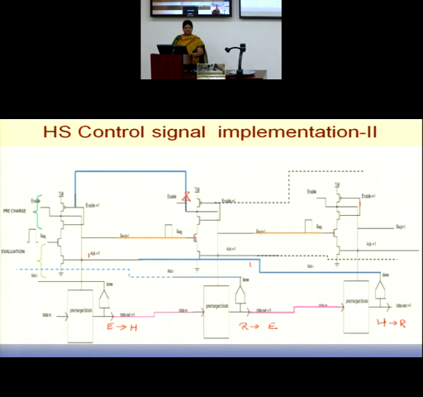We pre-calculate how much delay it will take to reach the data line, so that by the time the block should be moved properly into the evaluation mode, initially it may not be, but by the time data arrives, it is in the evaluation. This is what we have to ensure.